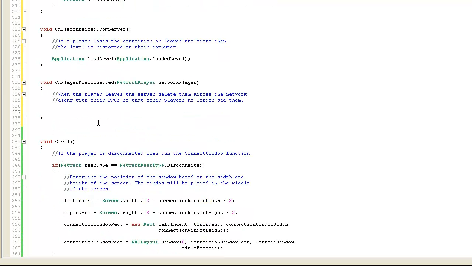Because how it'll work is when players join, they send out an RPC, like a message, to all the other players saying I've joined the game, so instantiate my player character in your games as well. And when the player disconnects, if we don't get rid of the RPCs, which we'd buffer so that new players joining the game would also see this player,